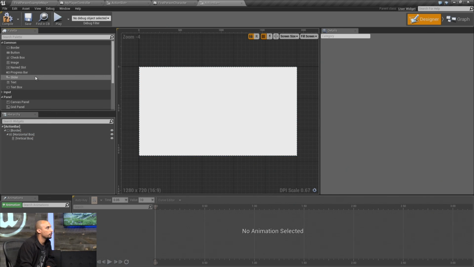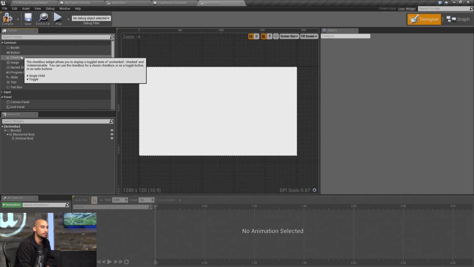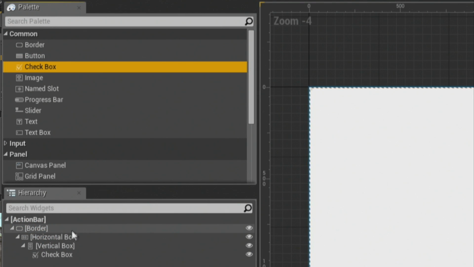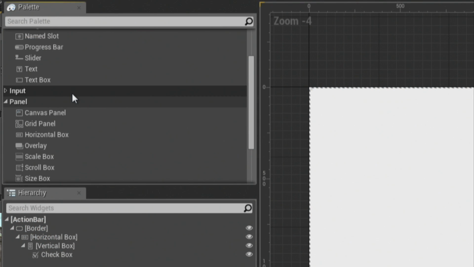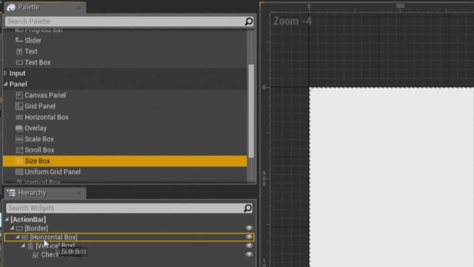And inside of our vertical box, we're going to need a checkbox. We're going to use this to determine if we're going to allow the player to actually move our action bar around. So if we want to lock it, we're going to use this checkbox to determine that. So let's grab a checkbox and drag that into our vertical box. So a couple more things we need to add, a size box. So we're going to go down to Panel and grab a size box. We're going to plug that on top of our horizontal box, not inside the vertical, but inside the horizontal box,